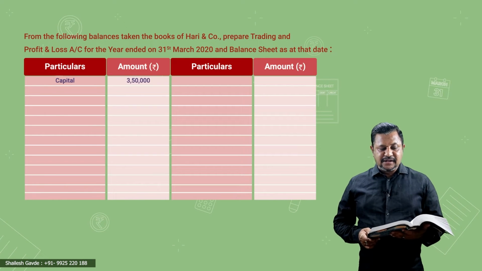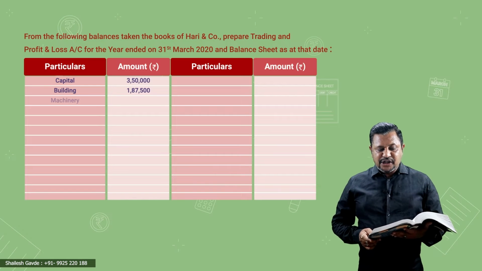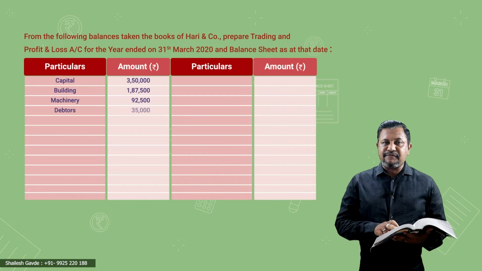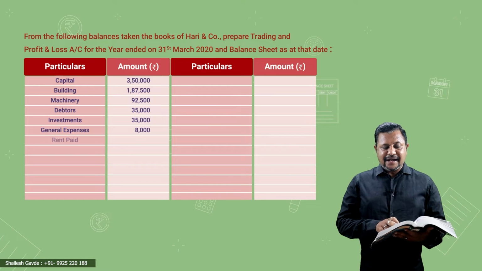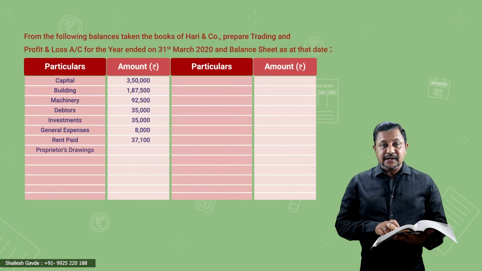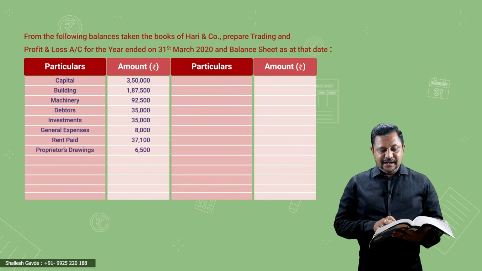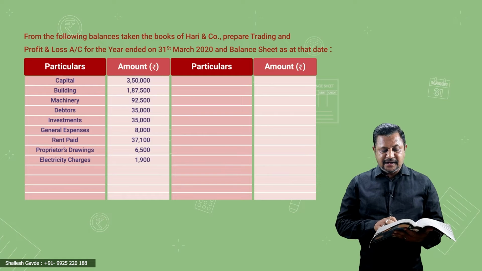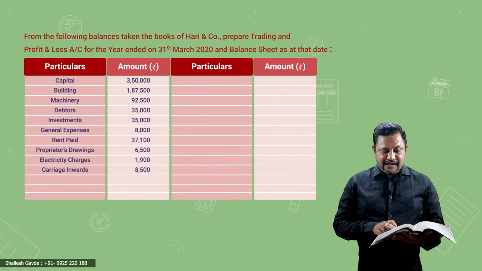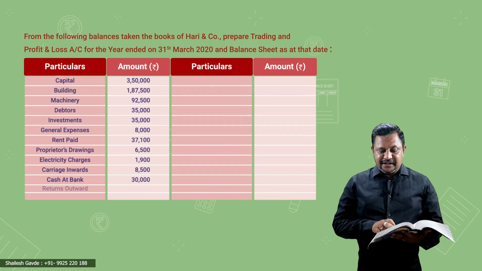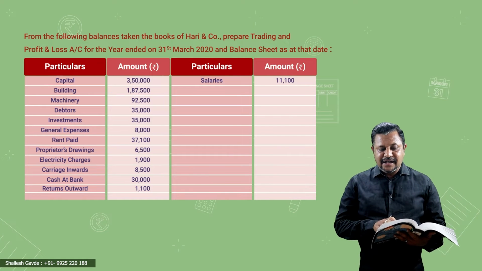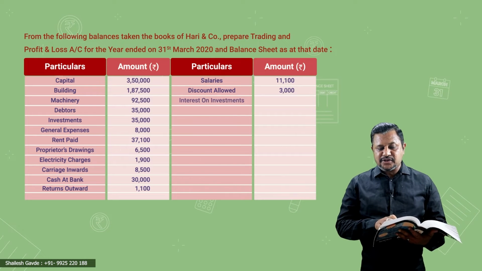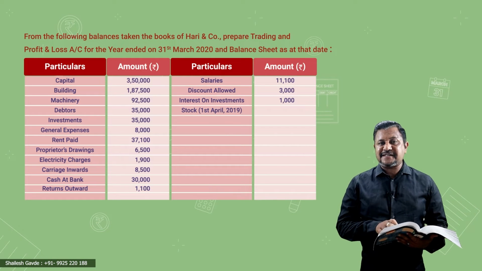Capital 3,50,000, building 1,87,500, machinery 92,500, debtors 35,000, investments 35,000, general expenses 8,000, rent paid 37,100, proprietor's drawings 6,500, electricity charges 1,900, carriage inward 8,500, cash at bank 30,000, returns outward 1,100, salaries 11,100, discount allowed 3,000, interest on investments 1,000, stock on 1st April 19,